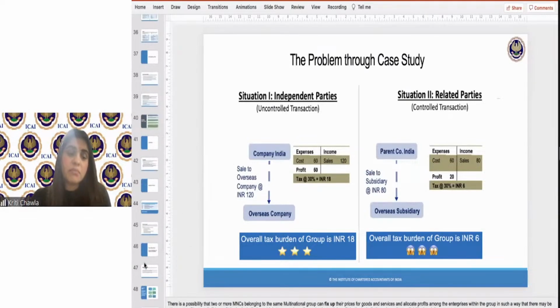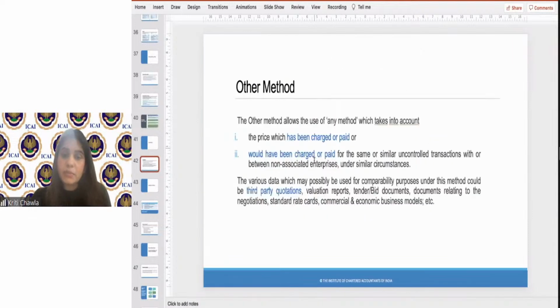Well, then other method, they say, can actually be used if you're able to find out third-party quotations, or valuation reports or some other document to say that if this transaction had been undertaken, it would have been undertaken at this particular price. If you're able to get this quotation from independent parties, then you can use other method. So you can say that if independent parties were also transacting, they would have charged this particular price. If you're able to get that third party quotation, then you can use this price as the arm's length